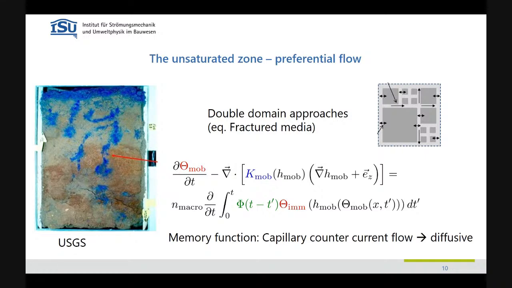It's similar to what is done for fractured flow, where we divide the domain into a mobile and immobile part. And then we have a model here for the mobile part. And we have then the exchange of mass with the surrounding, with the immobile part, by whatever we choose here. I chose here a parameterization that I'm used to or like to work with. And this is where we have these memory functions as parameters that describe the temporal behavior of the mass exchange, if you wish. So there's a lot in this direction. I could continue here. So there's a lot going on.